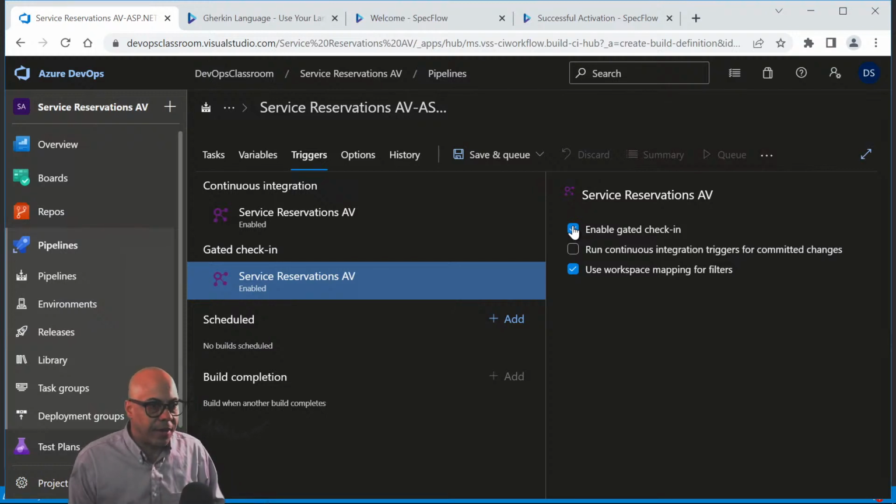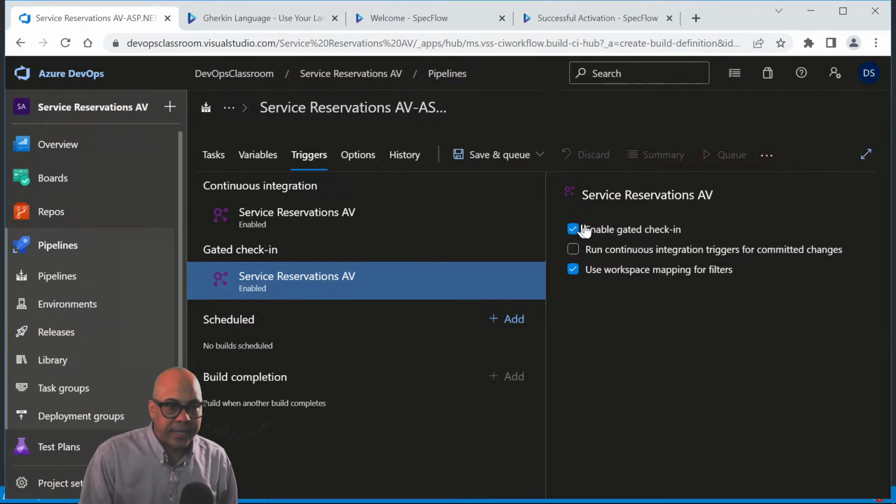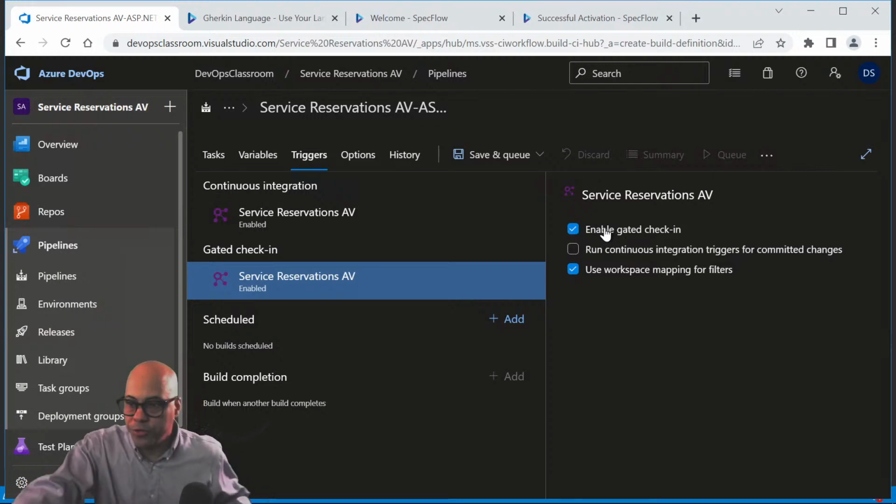But here with Team Foundation version control, we can enable gated check-ins by just checking this checkbox, because what it was going to do anyway with continuous integration is build it on the shelf, and then once it was done building and testing, commit it into the actual repository. So all gated check-ins are doing is saying if anything fails, just don't do that next step.